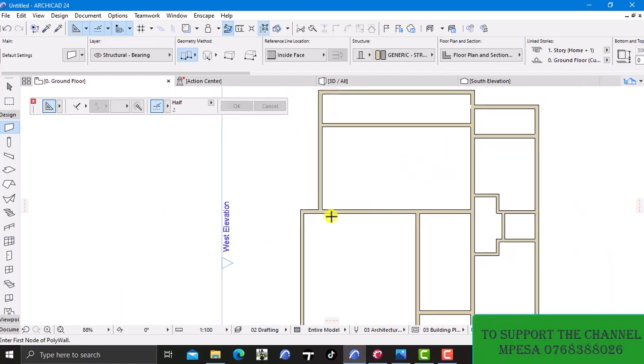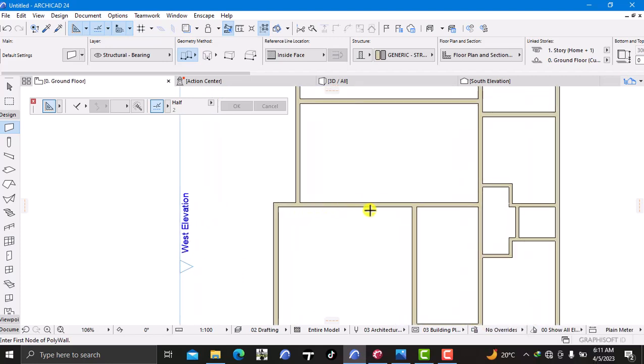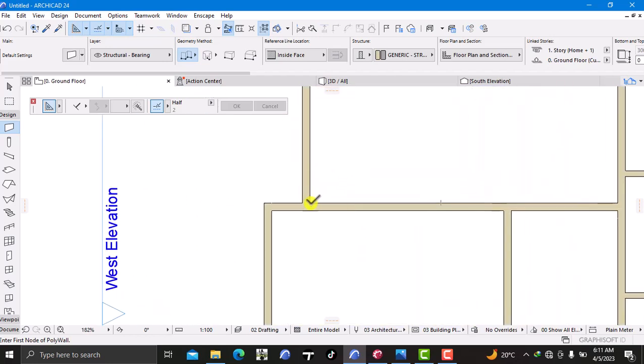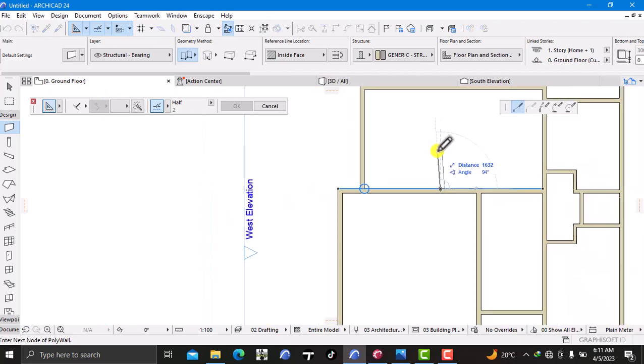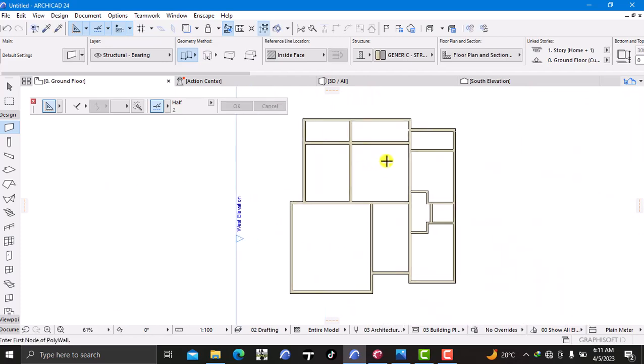And then from this particular point over here, drag this other distance from 3450. Let me do this 3450. And just basically drag this up to this end, to that end over there,